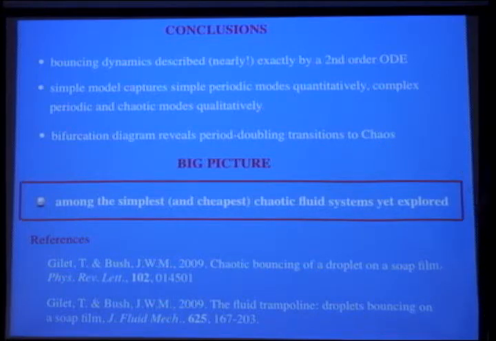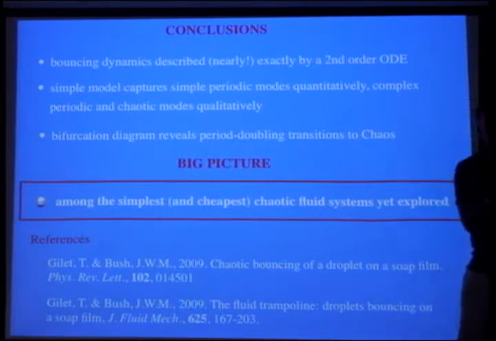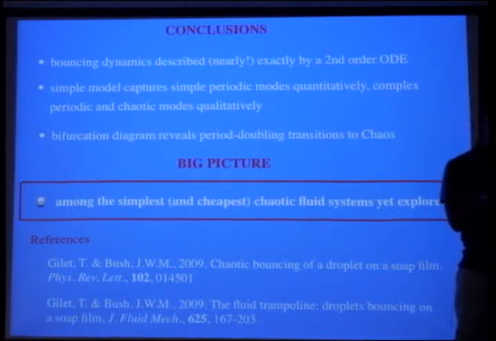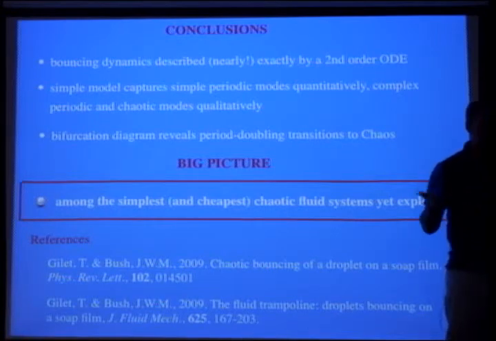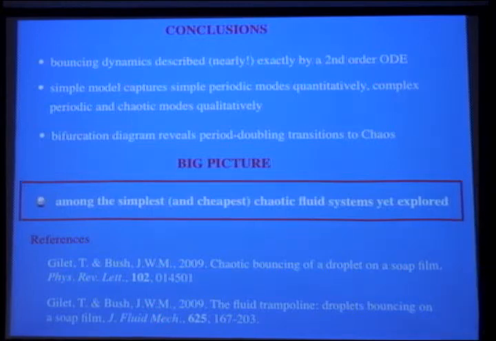There's also the dripping faucet, which also gives periodic behavior. It's comparable in terms of level of difficulty experimentally, but it's actually much harder to treat theoretically. So if you integrate over ease of experiment and ease of theory, I think this is the simplest fluid chaotic oscillator. They have also looked at solid chaotic oscillators. A very simple one is just a bouncing rubber ball on a plate, and there you get onset of chaos and so forth. That's also relatively easily characterized.